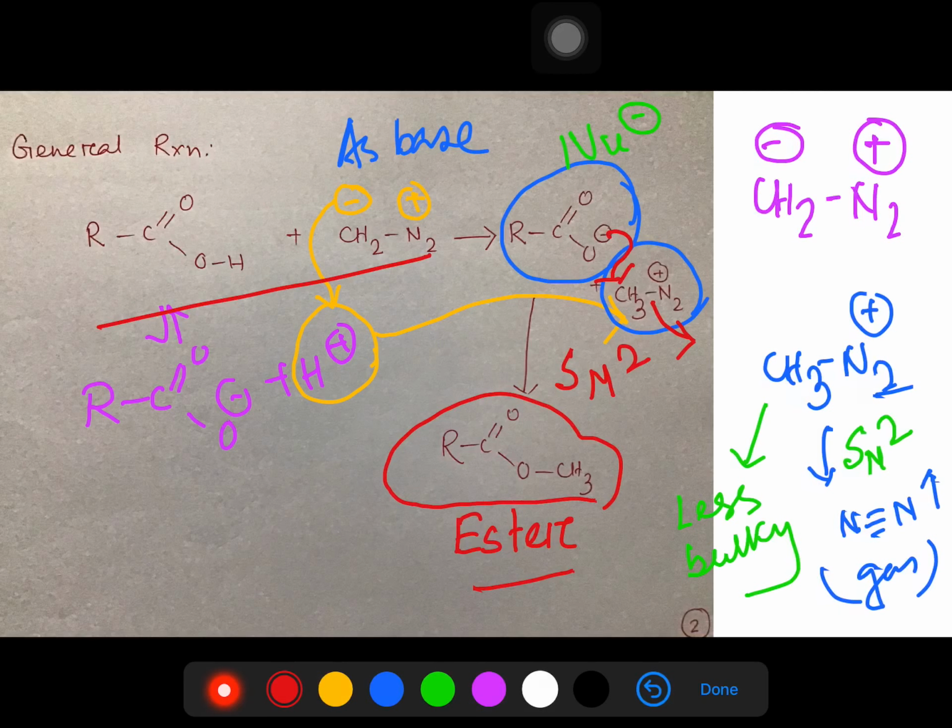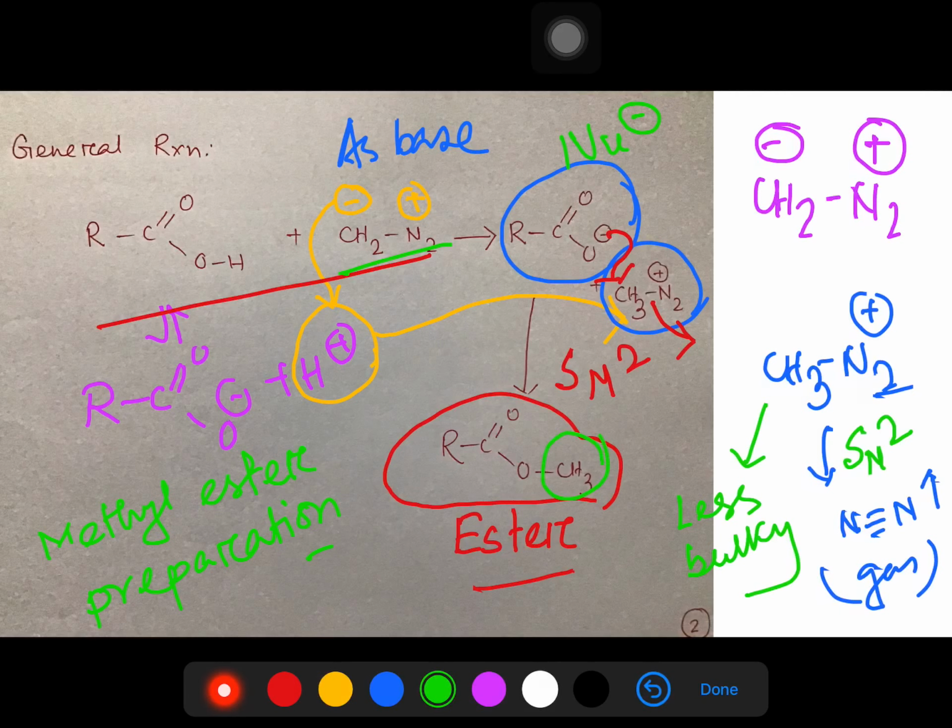Remember this property of diazomethane, that it is very useful for methyl ester preparation. Why am I saying it's interesting? Because in general cases, acid or acid chloride like that reagent is used to prepare ester, but in this case a milder reagent like diazomethane is capable of resulting in ester. But the limitation of this process is that this is a methyl ester, not for other esters.